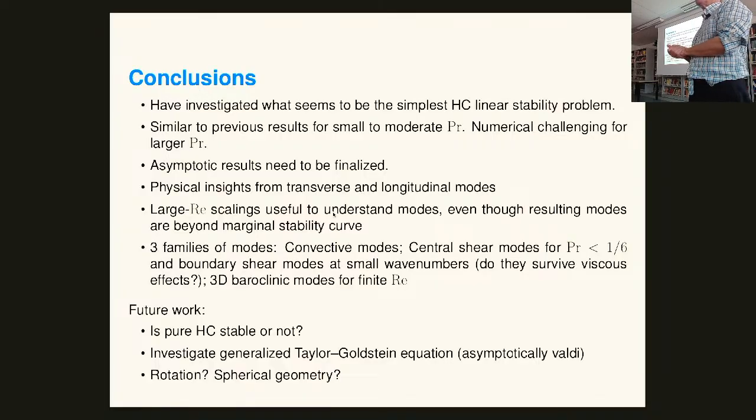I mean, one of the reasons that rotation is so concerning is because it tries to suppress any kind of vertical motion, right? So then can you ever get Rayleigh-Bénard? There's a whole literature that I didn't mention. When I say rotation, it's because mathematically in this linear stability problem, you can put rotation in. You can write down the basic state, but we haven't done that yet. They're no longer polynomials, they're now exponential functions, but you can do it. There are many ways to get shear. This is a very nice self-consistent way of getting shear, but it's not the only way.